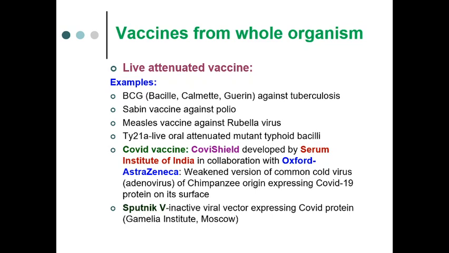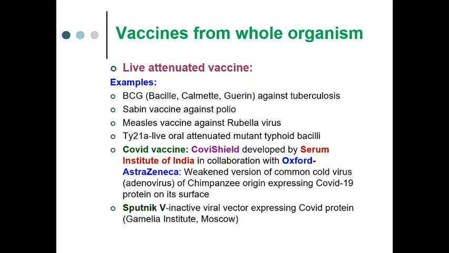The first example that needs to be given is the BCG vaccine, because that was the first live vaccine that was developed, in 1908, by two scientists, Calmette and Guerin, in France. Therefore, it is named after them as BCG vaccine. B stands for bacilli, the tuberculosis bacteria, which is a bacillus. Calmette and Guerin are the names of the two scientists who prepared this live attenuated vaccine against Mycobacterium tuberculosis,